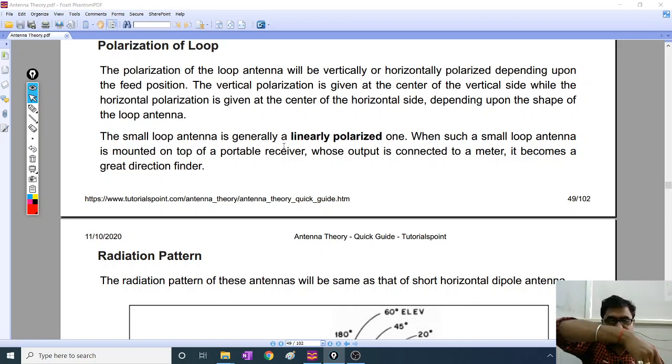You feed this antenna here somewhere, or you feed this antenna here. Now when you feed this antenna here and tilt the antenna, look at this, I tilted the direction. Initially it is exactly horizontal, then I started tilting the antenna. Then it will still be linear polarization, but the polarization angle will be tilted. Then what is the effect? The effect is that the radiation pattern will change. The radiation pattern for this antenna, which is exactly in a horizontal plane, has to be edge shape.